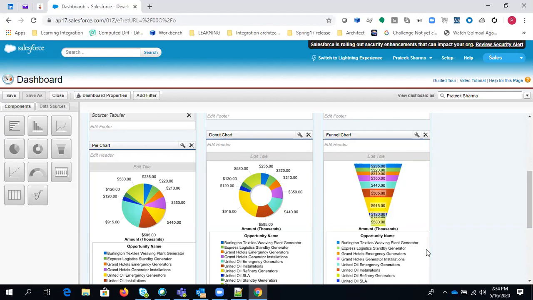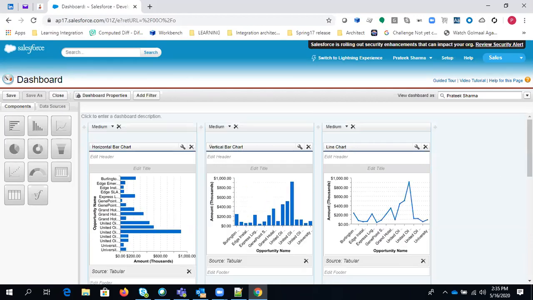Any question till now? So this is all from this. We have discussed dashboards, dynamic filters, right? How to create a dashboard with the tabular. We have discussed all the report types, how to schedule a report, how we can create a custom report type. We have almost discussed everything related to dashboards and reports. So this is the information you will get to clear your 201 exam, the Salesforce admin exam, right? This is what you need, right? So you can do that, right?